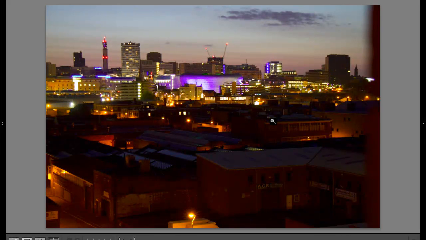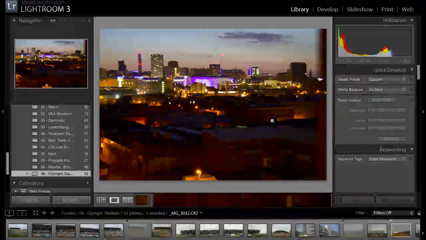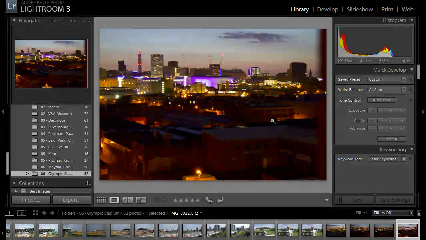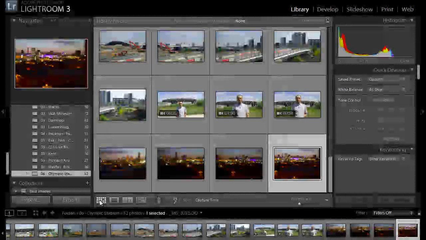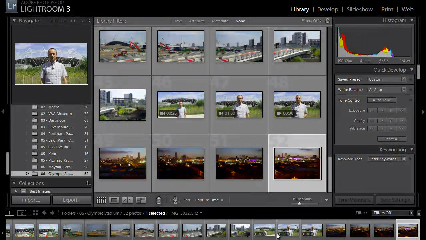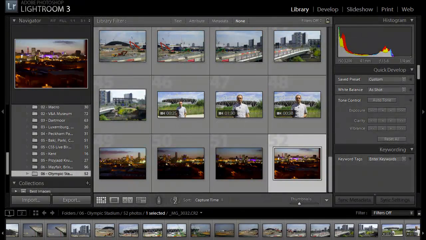I'm going to press the Alt key twice to go back to the original view. I'll press Shift Enter to get rid of this full screen mode, and I'll press G to go back to the grid view, or you can also click on this icon here instead of pressing the G key on the keyboard. Okay, now if I scroll through the thumbnails here at the bottom,